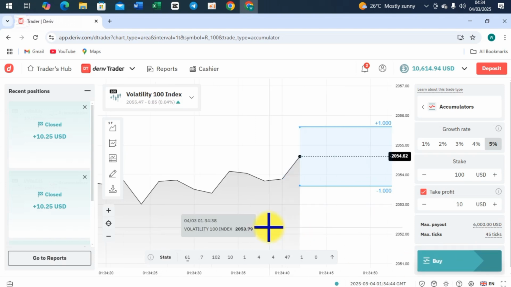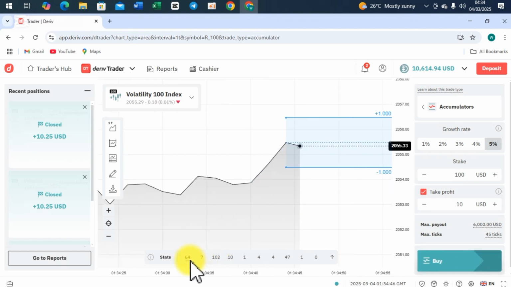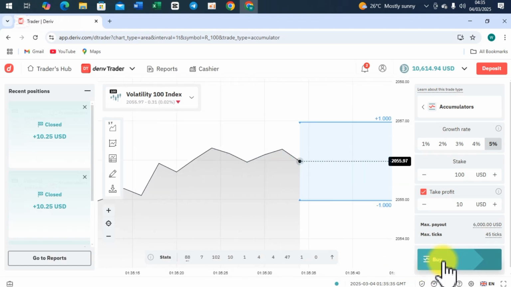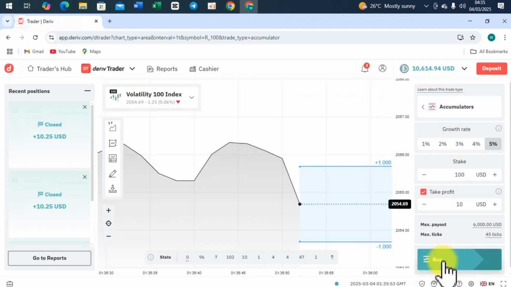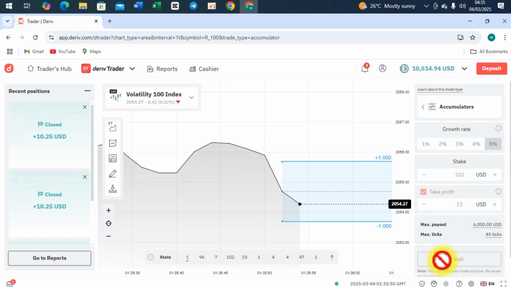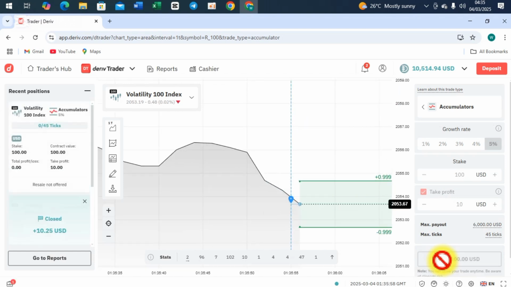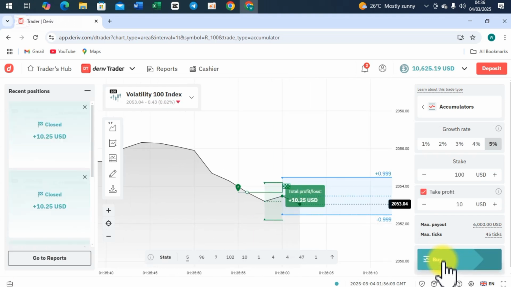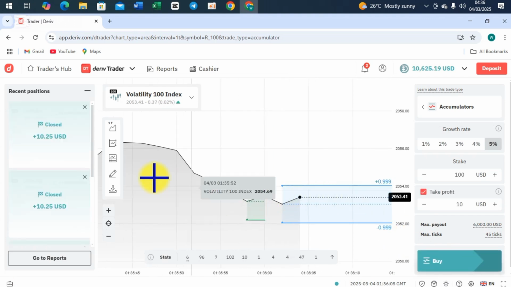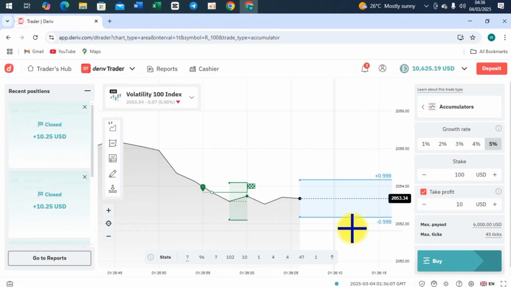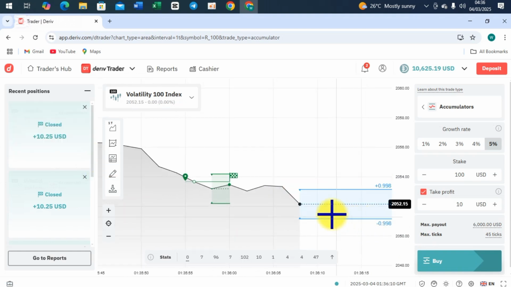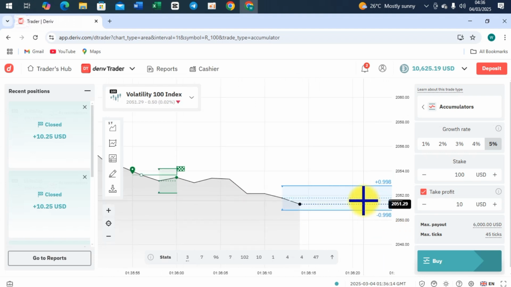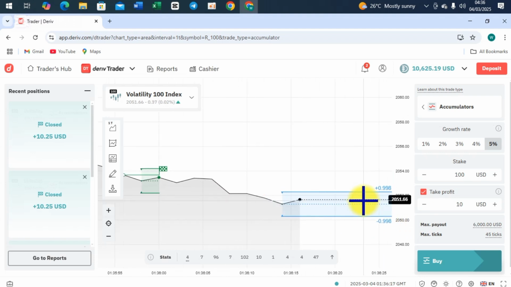For now you can see this trade has reached 64 ticks. Okay, it has hit the barrier, so let's enter the last trade. We are targeting only $10, and this is going to be our last trade on this strategy. Okay, you can see the take profit is already hit of 10.25. If I wanted to enter another one, you can see it has already hit the barrier. But now that strategy is done, let's go to the fifth strategy,